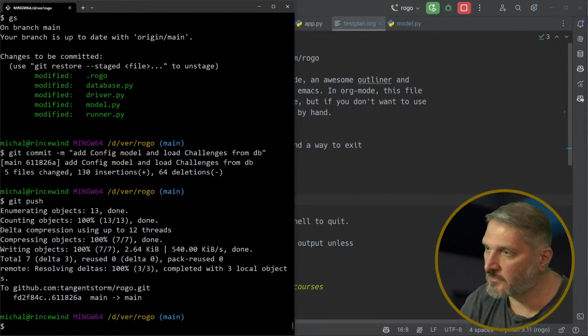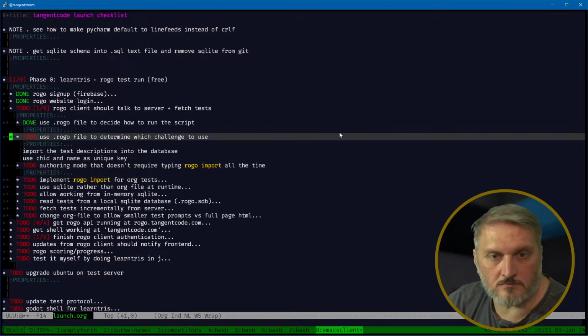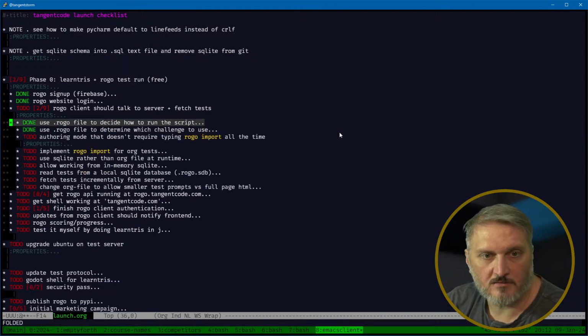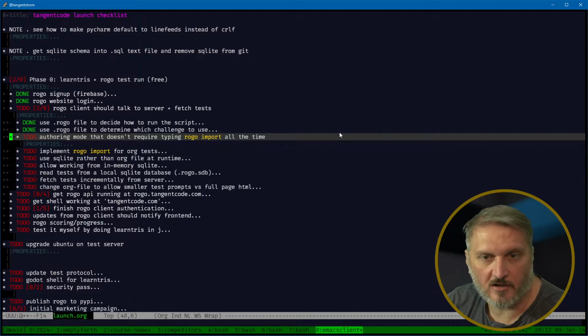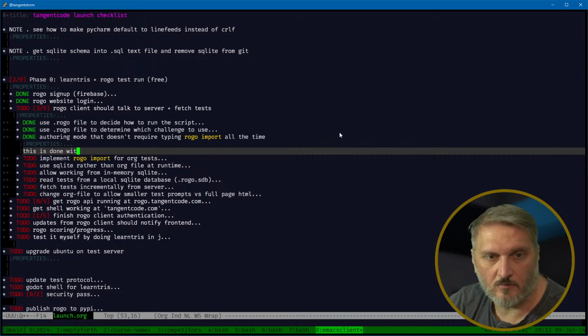All right, looking at my little to-do list, I guess I can share. We've done the rogo file to determine what challenge to use. And we've done all that. Authoring mode that doesn't require rogo import all the time. We've done that. This is done with the